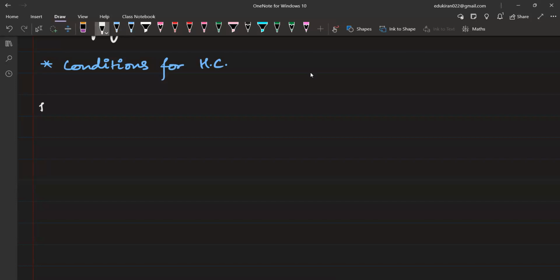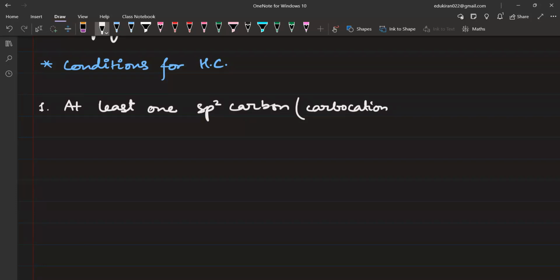hyperconjugation. First, at least one sp2 carbon. At least there should be one sp2 carbon. What is sp2 carbon? The sp2 carbon atom can be a carbocation, free radical, or a carbon with a double bond. In these cases you are going to look at an sp2 carbon atom. In these cases we will have sp2 carbon. Okay? Carefully. Second is